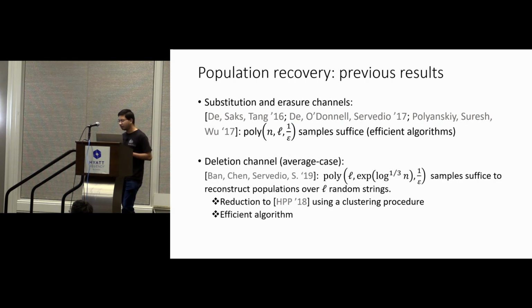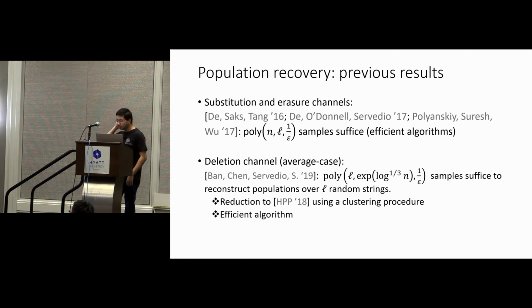On the other hand, for the deletion channel, there's not really much prior work. We considered this deletion channel problem in the average case, when the strings x1 through xL in the support are random, but the distribution over them, the mixing weights, is still arbitrary. In this average case version, we can show an efficient algorithm which has sample complexity polynomial in the support size and sub-polynomial in the length of the strings. The high level approach of this algorithm is to